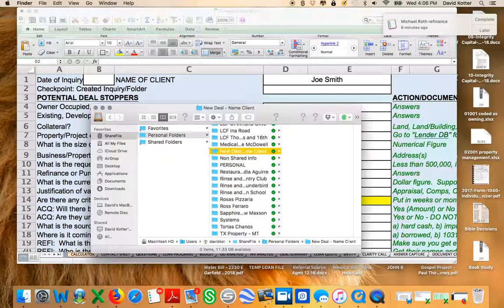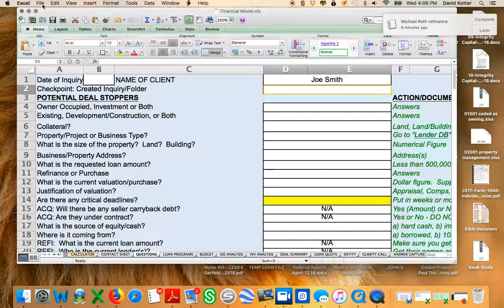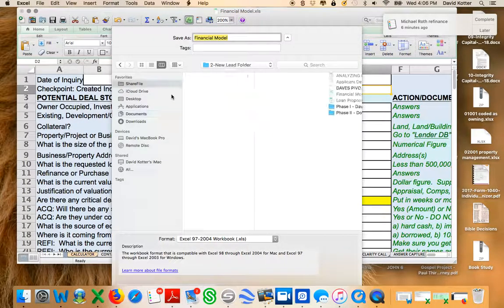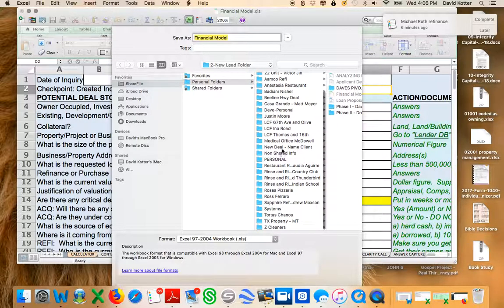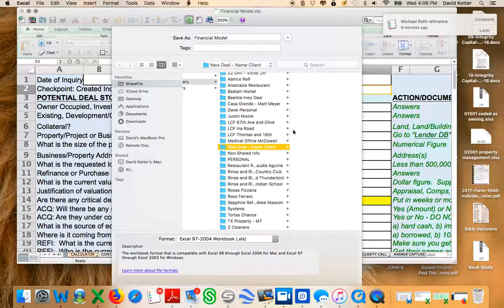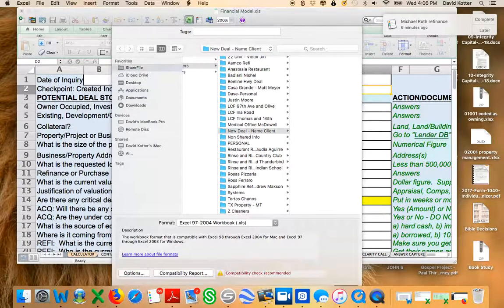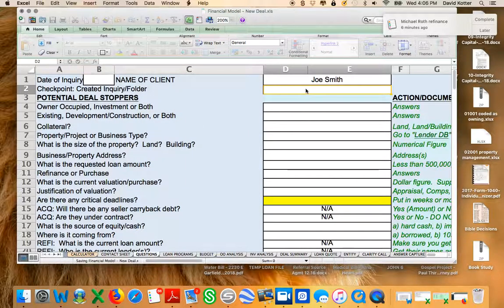Okay, and then you'll go ahead and save this into that folder just so you can keep things organized. Okay, and you might want to name this new deal, the client's name. Let it enter, and then you put yes here